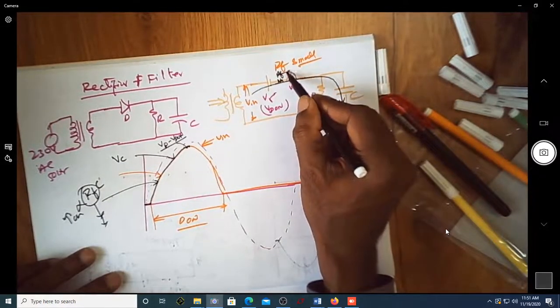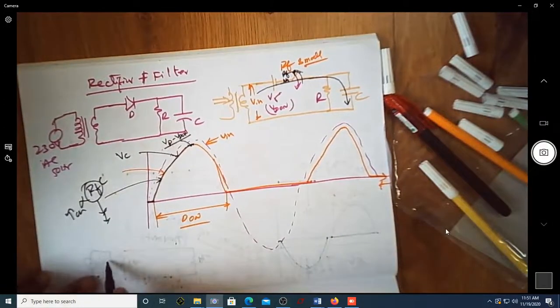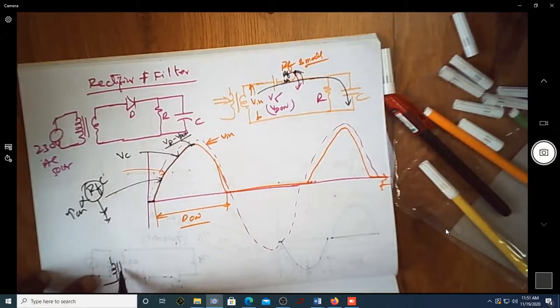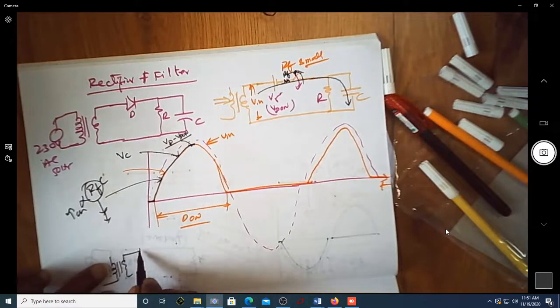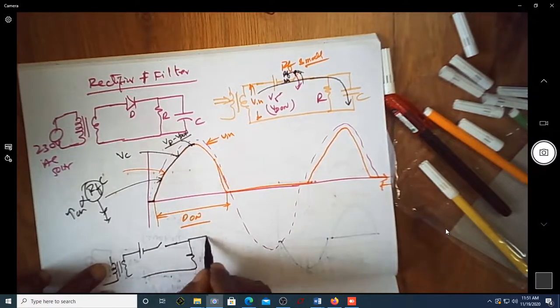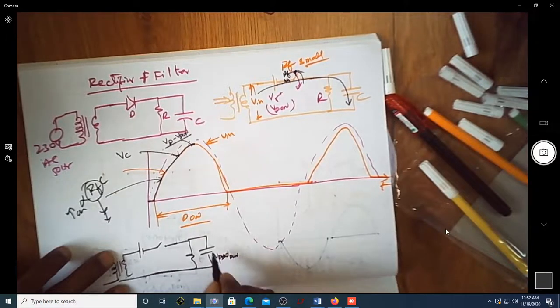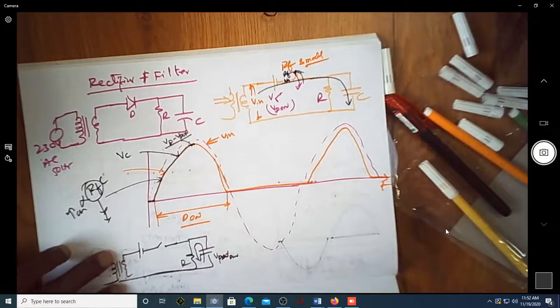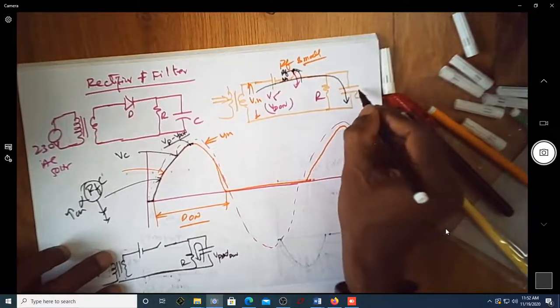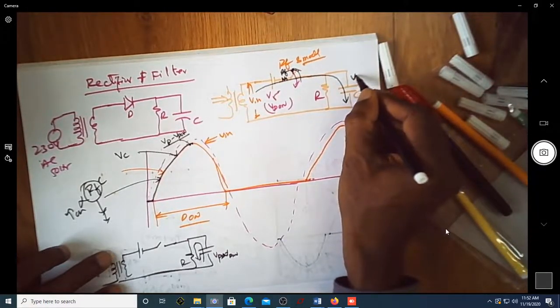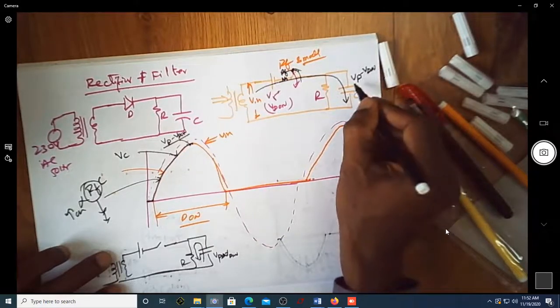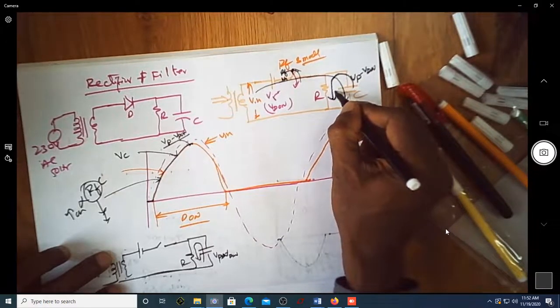this switch is open. When this switch is open, you have a peculiar situation. You have this resistor and you have this capacitor. Here the capacitor is charged to Vp minus Vd on. This is the capacitor voltage, and you have a resistor. This switch is open. Now the capacitor has a path to discharge through this resistor. The capacitor starts discharging whatever charge it has stored, which is nothing but Vp minus Vd on, to ground through this resistor.